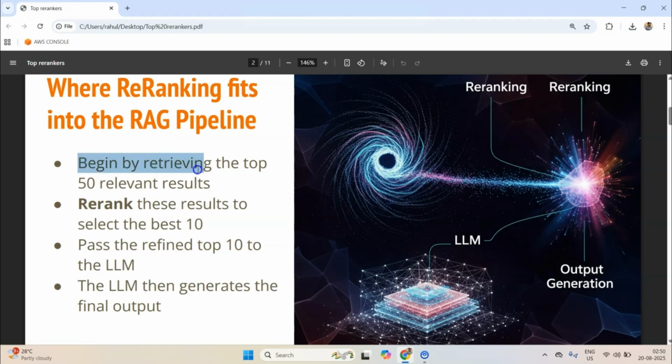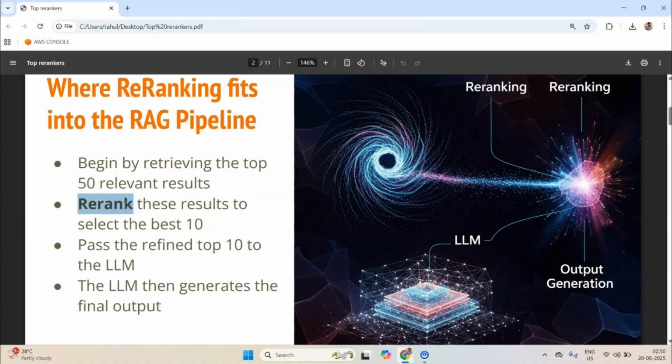So essentially we begin by retrieving, say, the top 50 relevant results. Now we don't know which results are best, because in the LLM passing stage, the LLM will utilize those documents. So if we pass it wrong documents, it will give us wrong output. That is why we need to make sure that we pass relevant documents. To bring that relevancy, we re-rank the results.